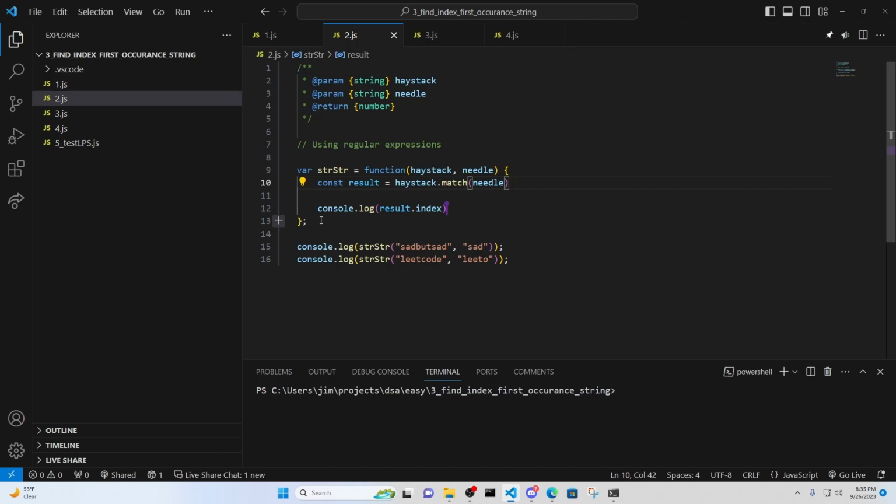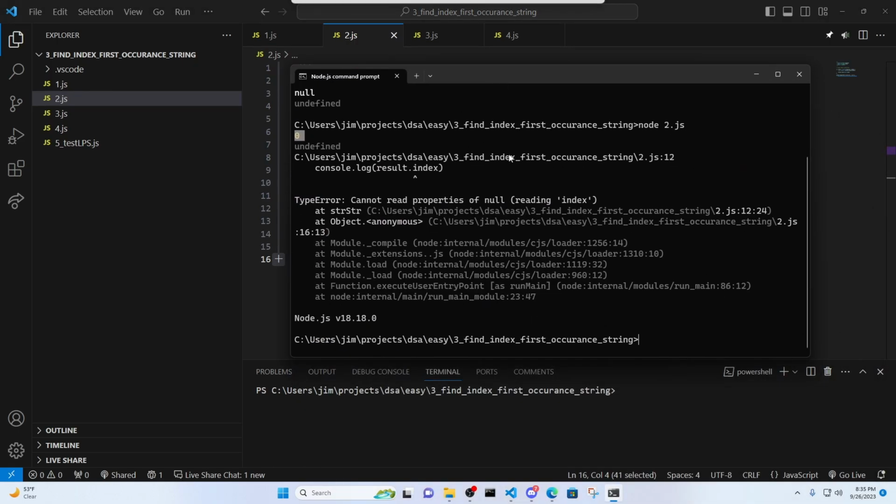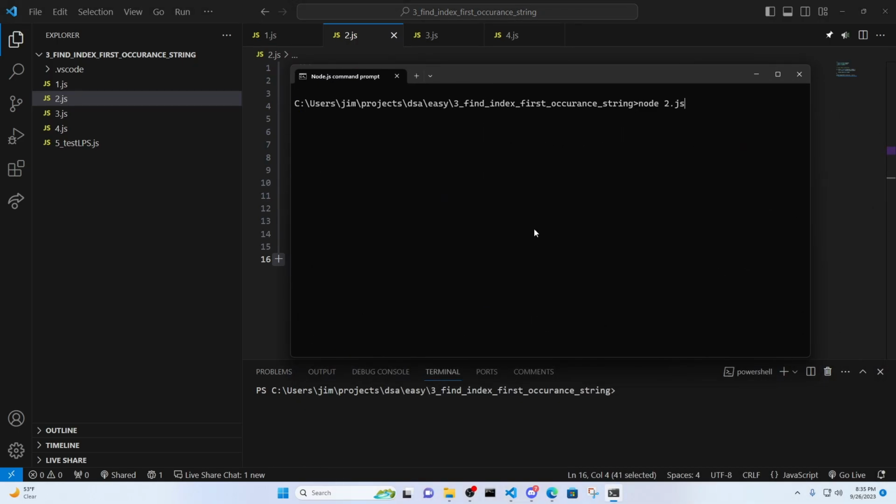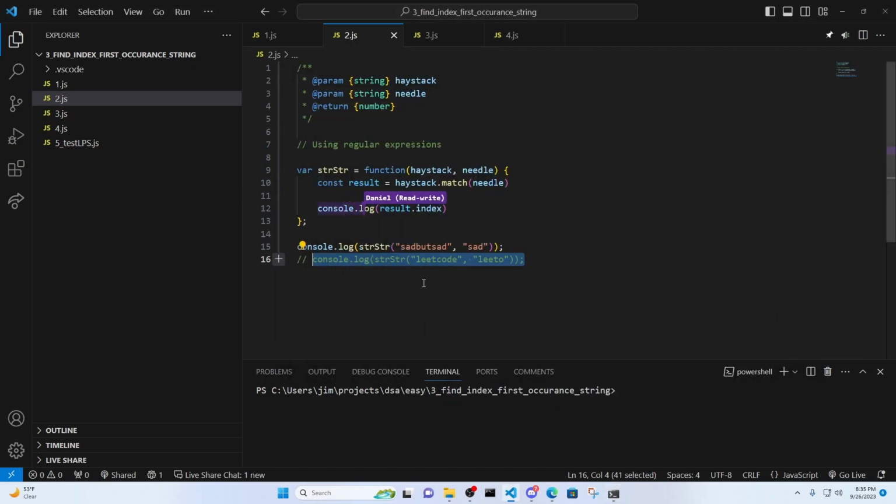But line 16 doesn't work, because we should return -1. If we comment this out and run this again, then yeah, we got 0, so the correct index, and then undefined. But we actually want to return -1. So what I would do is